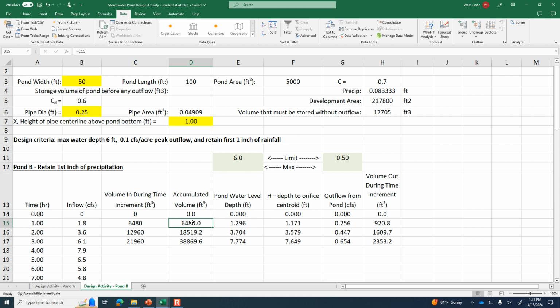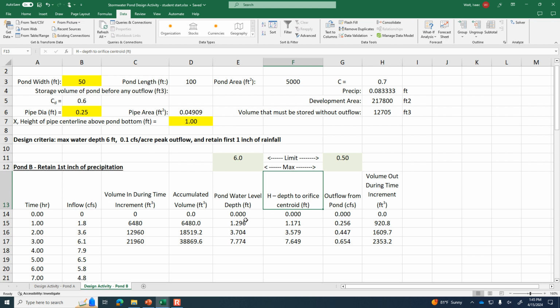So we're going to have to lift the bottom of the pipe higher off the bottom of the pond. And what that's going to do is it's going to make it a little bit tricky for us to calculate H. Right? The depth of the centroid isn't just going to be the water depth minus half the diameter. So like if we lift the pond,